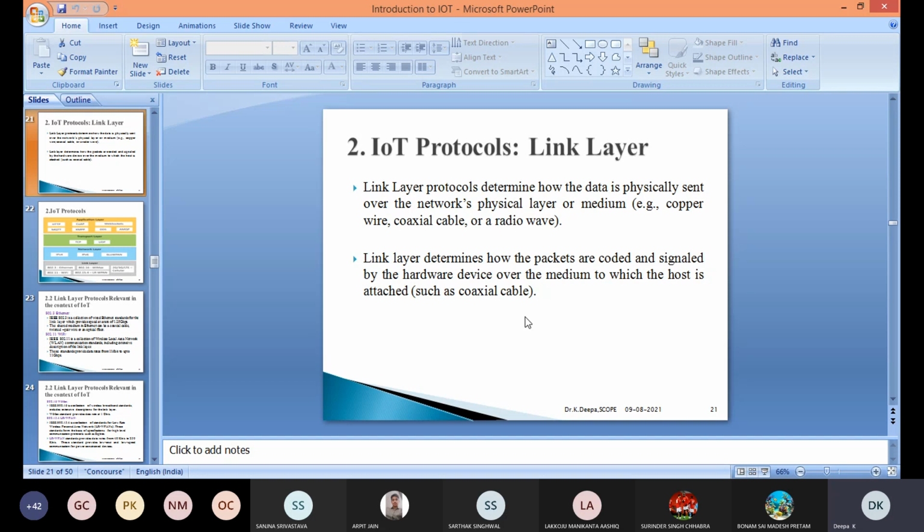Another functionality of the link layer is that it determines how the packets are coded and signaled by the hardware devices over the medium to which the host is attached. Okay, host is your